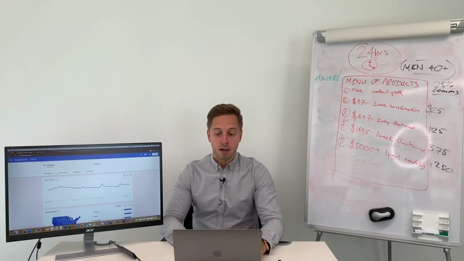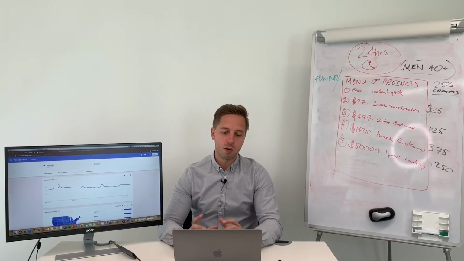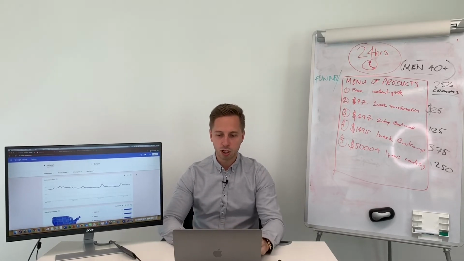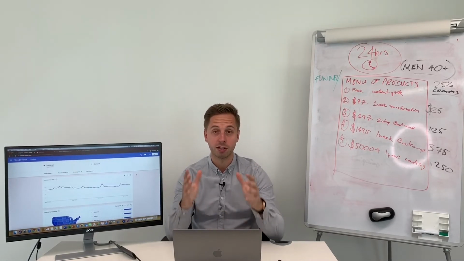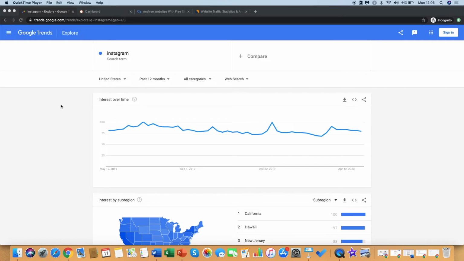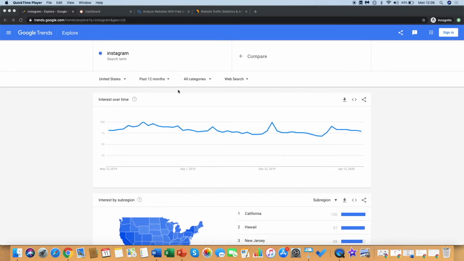And the first initial result it's going to give me is not the best. So let me just switch over to my screen so you can see my screen, okay? So now you're in my screen. Let's have a look. So we've got Instagram, and the first initial results it gives you is not clear because the line's a bit all over the place. It's only from the last 12 months.